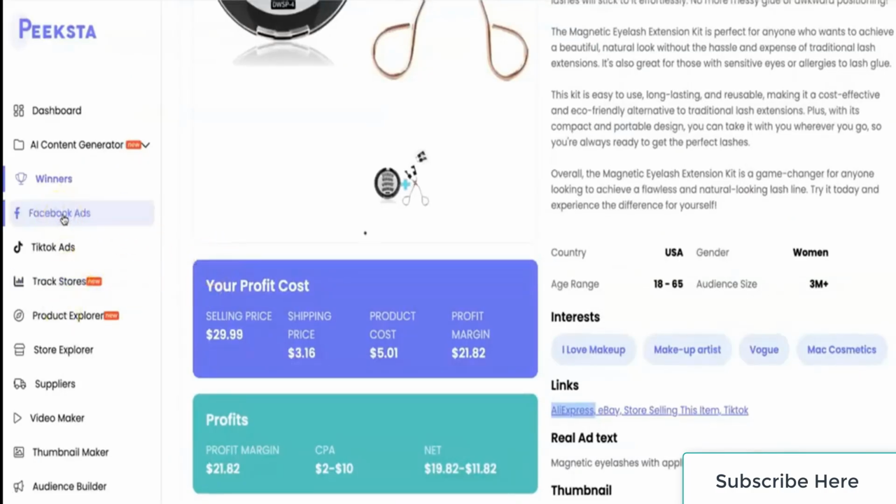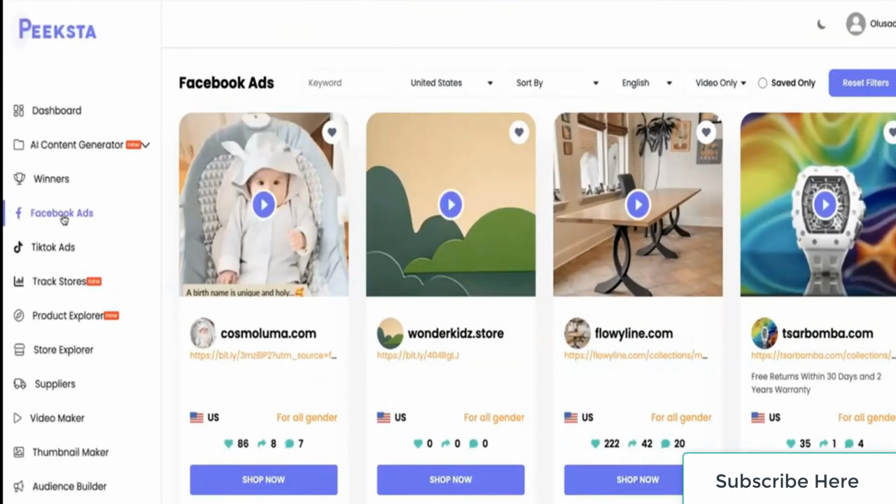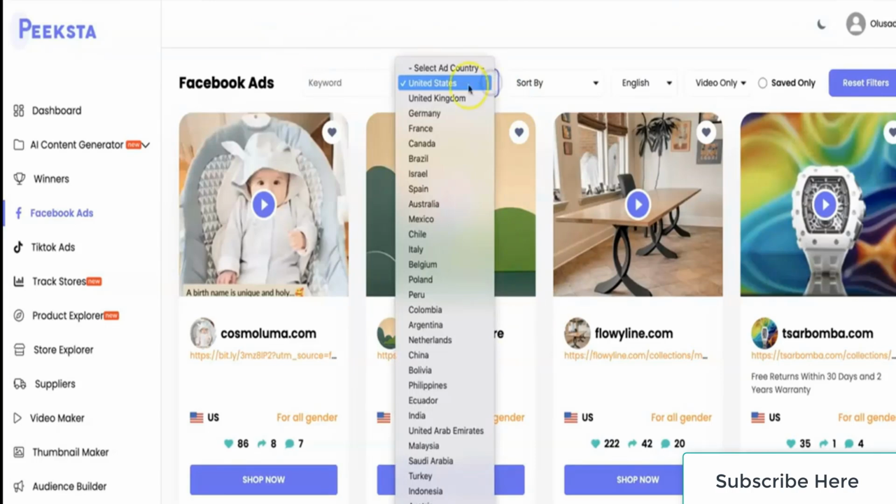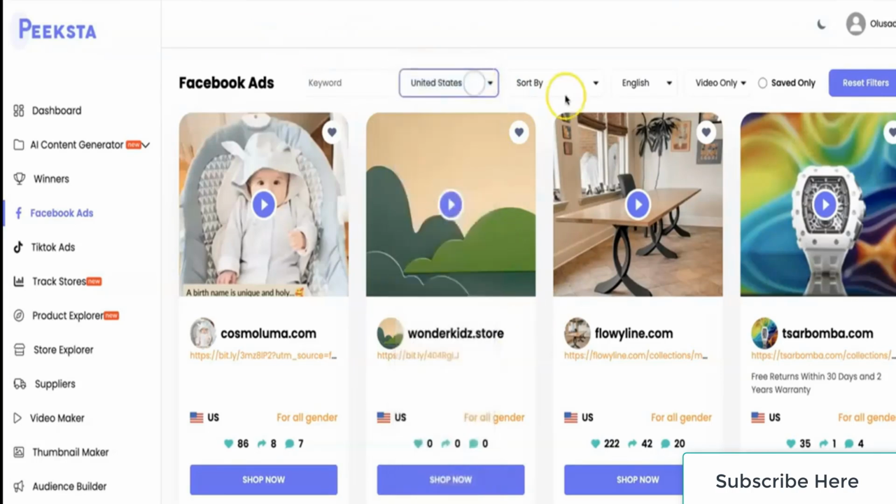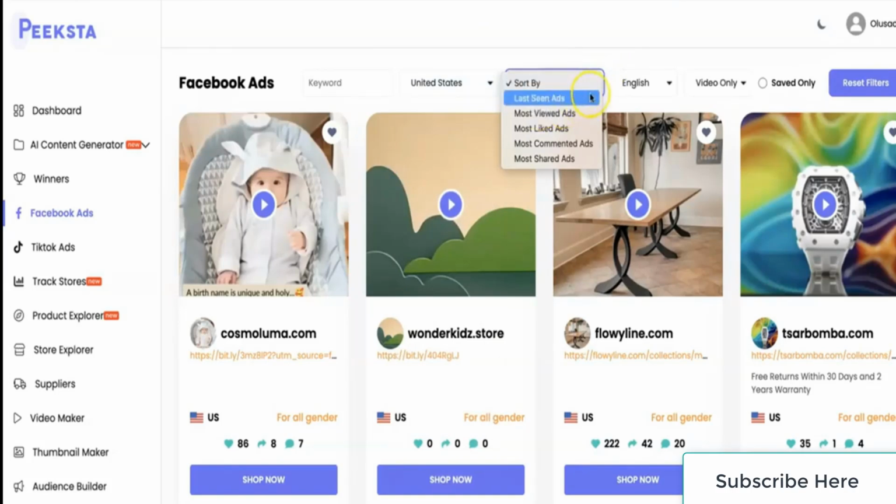You can see top ads on Facebook that you can actually use to search for product you can sell. Obviously, if an advert on Facebook is genuine, that means the product is actually selling. So you could also use this as a template to search for any product you want to sell. So using the filter here, you could also search by country. So you can just choose United States and then also use this sort by to check for last seen as,